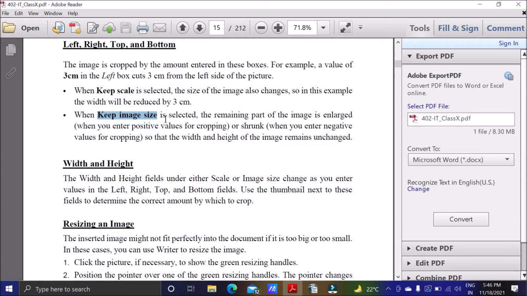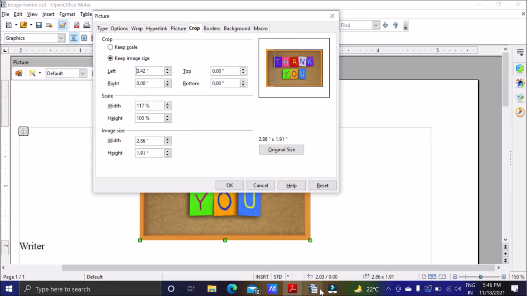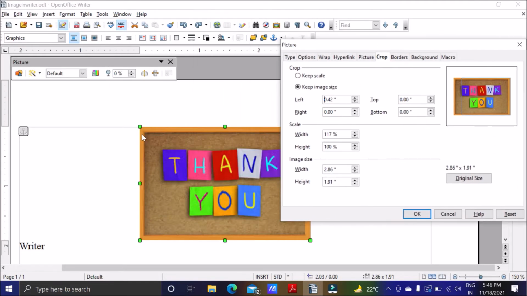The image will get reduced by 3 centimeter, but the rest of the size will be captured by the rest part of the image by enlarging the image. So image size will remain as it is. Suppose this is our image and suppose I cut this much part of the image. The rest part will enlarge to cover the whole part of the image, means size is not going to change.